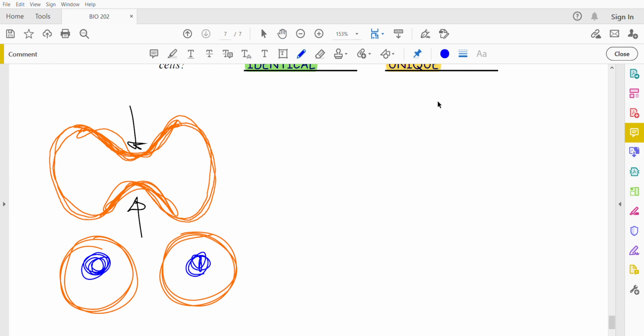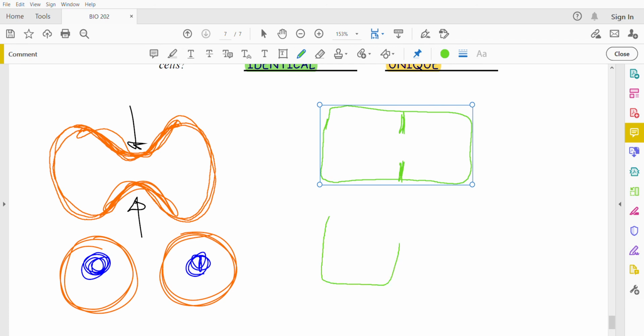Well, we remember in plant cells we had rigid cell walls, so that's not going to work, that it could pinch in. What happens in plant cells is that we simply start building this cell wall little by little, and it keeps growing until it reaches the middle,